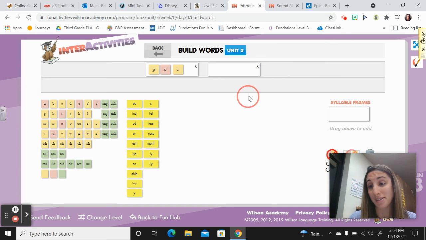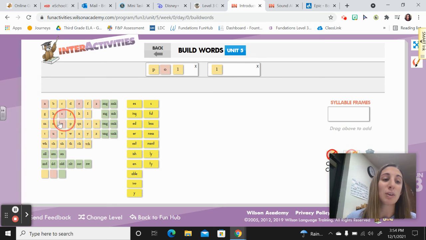Now, pollen has that schwa sound in the second syllable. Lin. It sounds like pollen. There's another L, so there are two L's together. And then we know the N sound in pollen is an N. But what's this spelling option? Is it an A, an I,